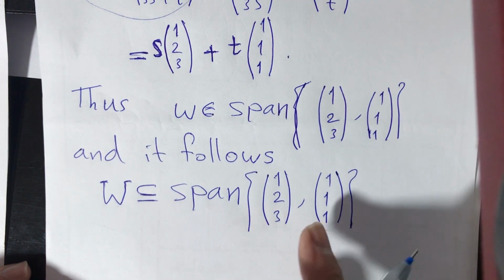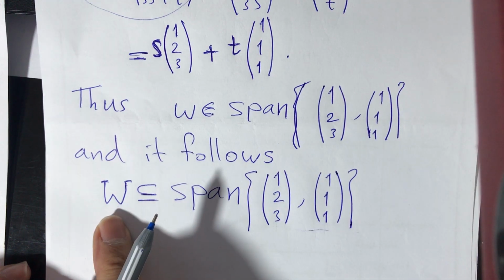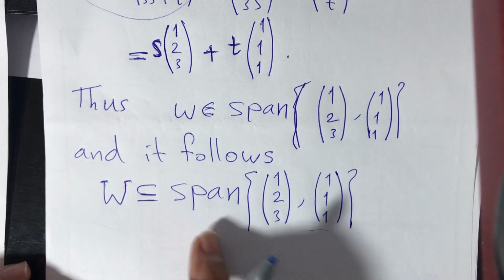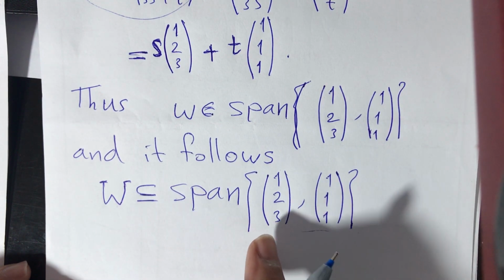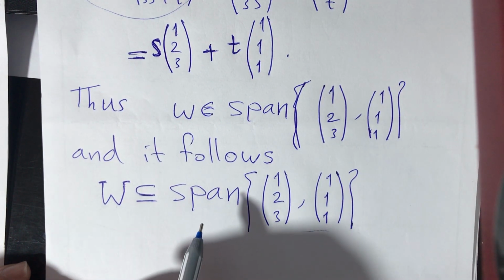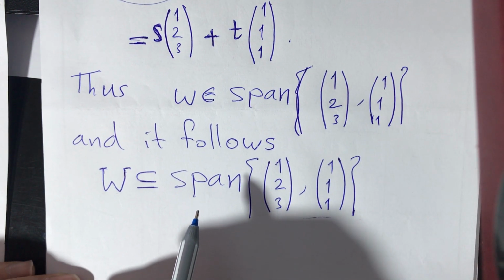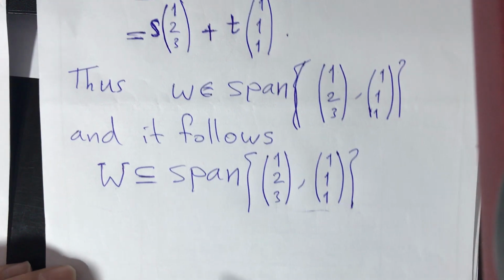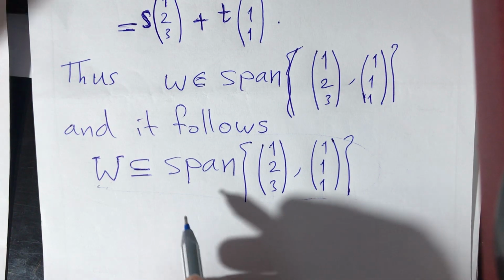So these vectors span W. Any vector in W can be written as a linear combination of these two vectors. And this is W is a subset of this set, and conversely,